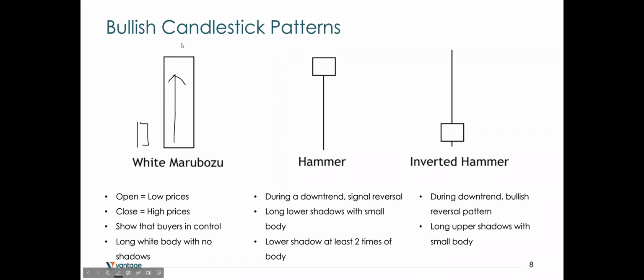So the condition of this candle, whenever there's a big body without any wicks, means that there is no indecisive move in this particular candlestick. Whenever there's a candlestick wick, it shows that there is an exchange between buyers and sellers, and it usually shows indecisive moves within this candlestick. Okay, so when you look at a body without any candlestick wick, it's basically a very decisive move to the upside, indicating a very bullish move. Okay, so long white body with no shadows, as opposed to the hammer